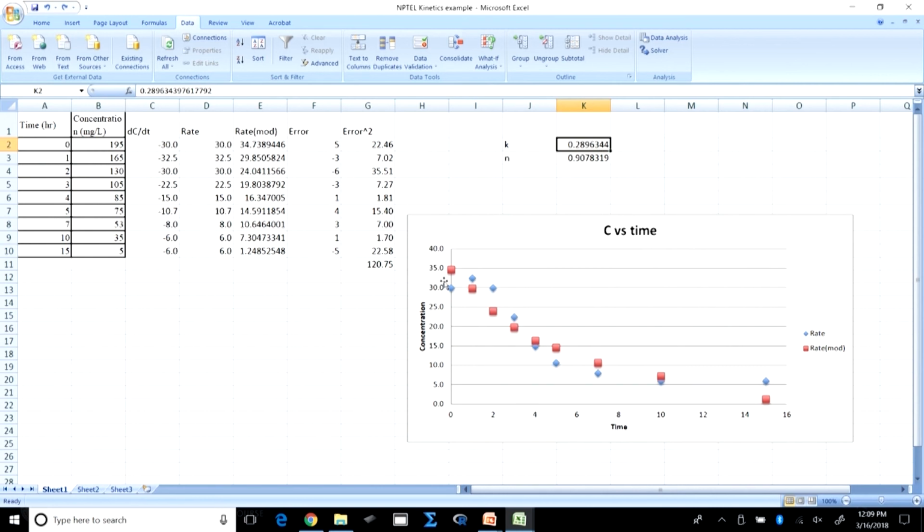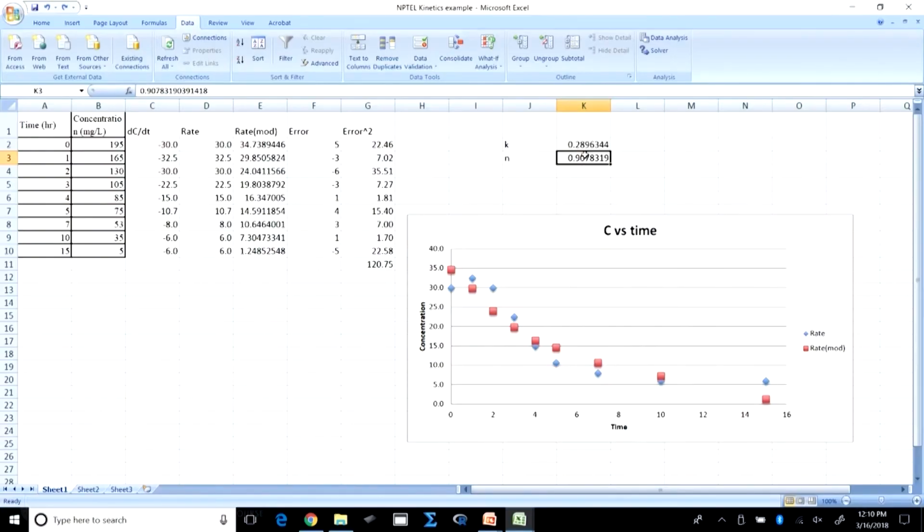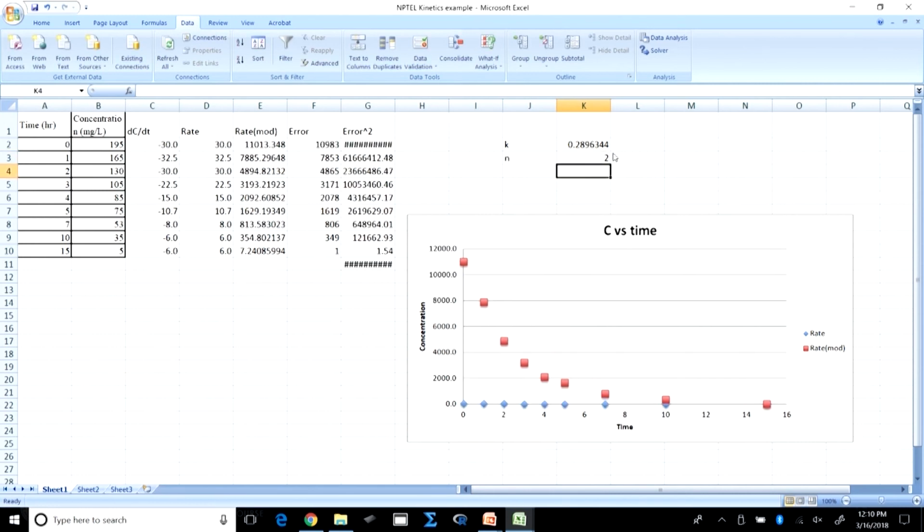Okay. So, now you see the error is minimum, and even graphically or visually, you can see that the model data set and the experimental data set are in consonance with each other. Again, to illustrate this, let's change n to 2, and now you see that makes no sense because the order is now 2 rather than 1. So, let us go with 1,